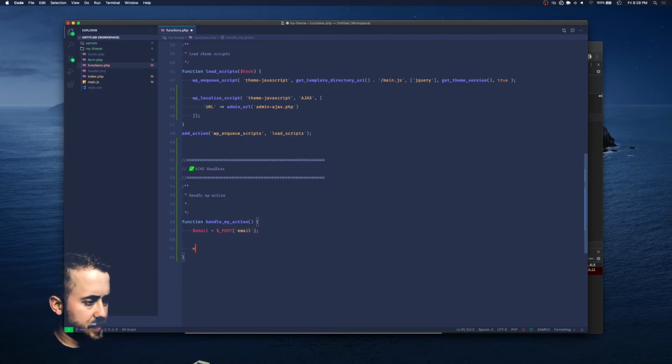Then let's just finish this by using WordPress's wp_send_json_success. We'll just pass the email back. Obviously, wouldn't want to actually do this because this would need to be sanitized. Otherwise, people can hack your form pretty easily. But maybe what we'll also add is just if no email, we'll just jump out early